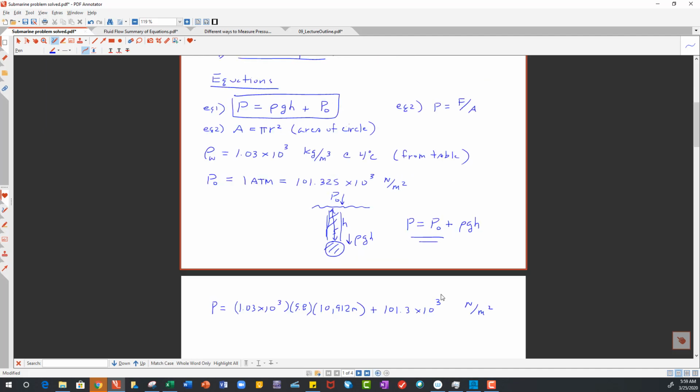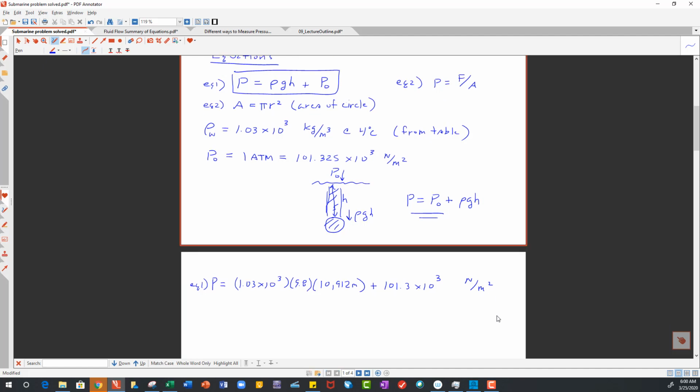So I substitute into this equation 1 here. Pressure equals the density of the salt water, which is 1.03 times 10 to the 3, times gravity, which is 9.8 meters per second squared, times the depth, which is 10,912 meters, plus the atmospheric pressure, which is approximately 101 times 10 to the 3, and the units are Newton per meter squared. And if you plug this into your calculator, you would get the pressure at that depth, at h, is going to equal